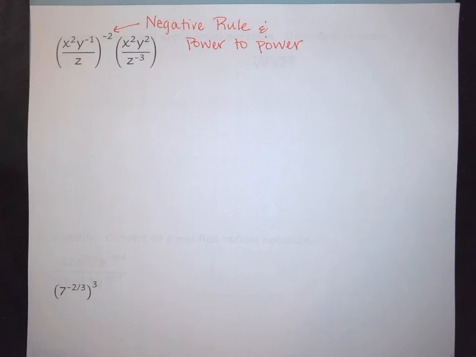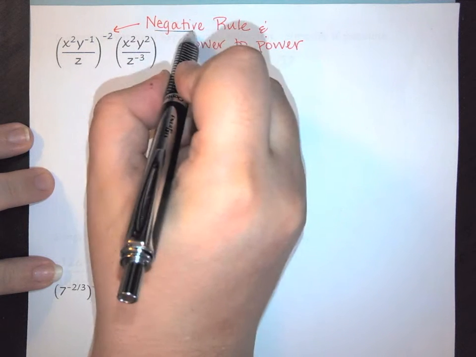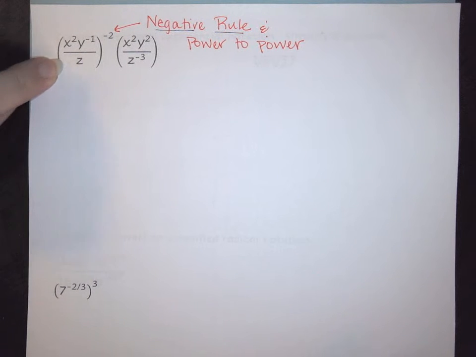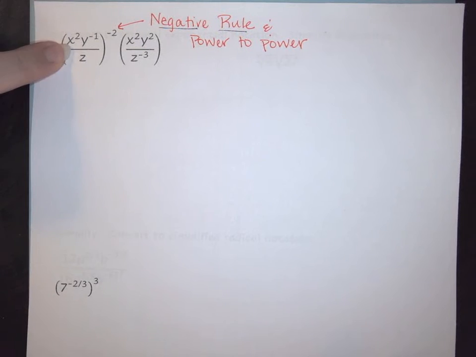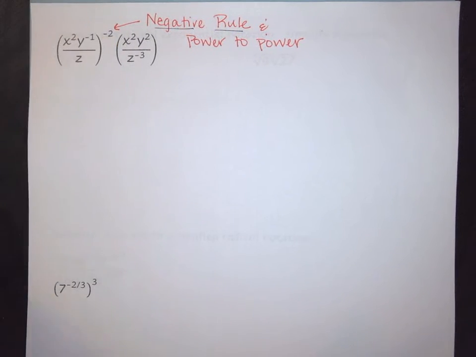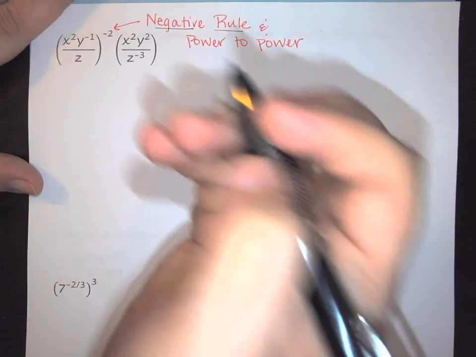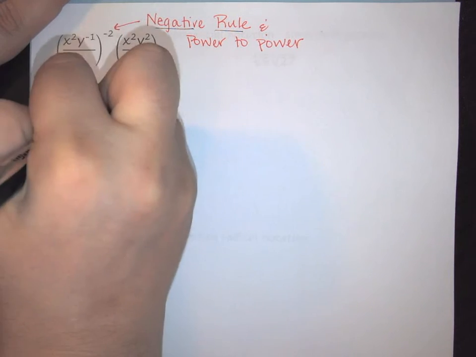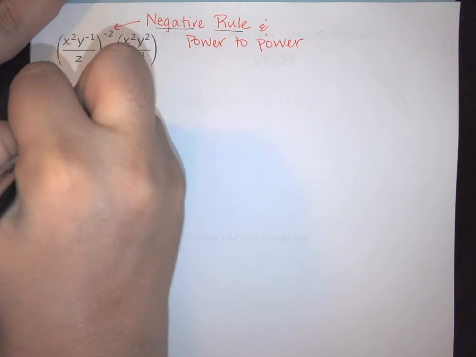The easiest thing to do is your negative rule first, because all your negative rule entails is flipping it, and when we're dealing with a fraction, that simply means flip the reciprocal and change that to a positive. So when we apply the negative rule, this is going to become z over x squared